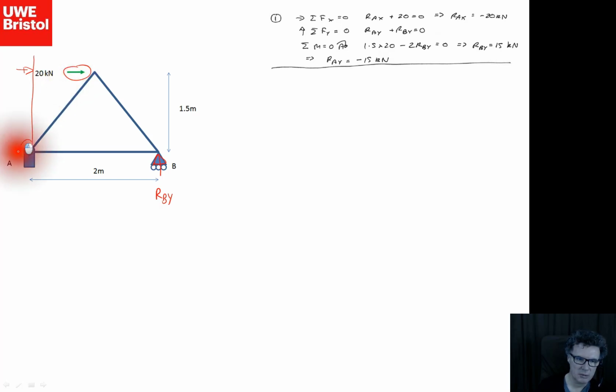So if this is my hinge where we've got RAX and RAY going in those directions, since the question only asks us for RBY, it makes sense then to take moments at that pivot there, and then we're going to get rid of these two terms because the distance times the forces is going to be 0. So when I sum up my moments